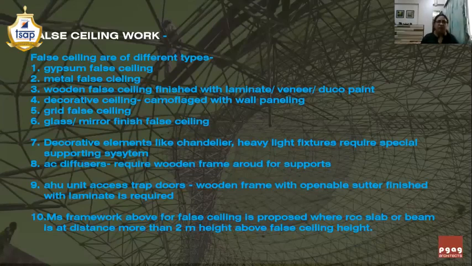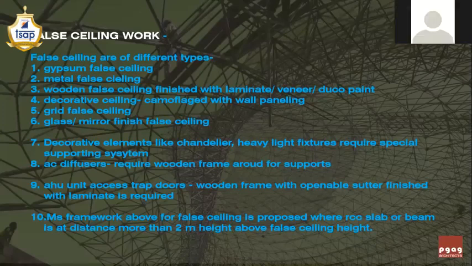If the false ceiling is finished with glass or mirror, then the basic wooden framing behind the false ceiling is generally out of wood. So you need to mention the framework of the wood which is behind the false ceiling. Generally, the framework is 50 mm by 50 mm supported from the RCC slab. Then you need to mention the final load carrying material as 20 mm thick plywood, and over and above the plywood, you need to write the glass or the mirror as the finishing material for your false ceiling.